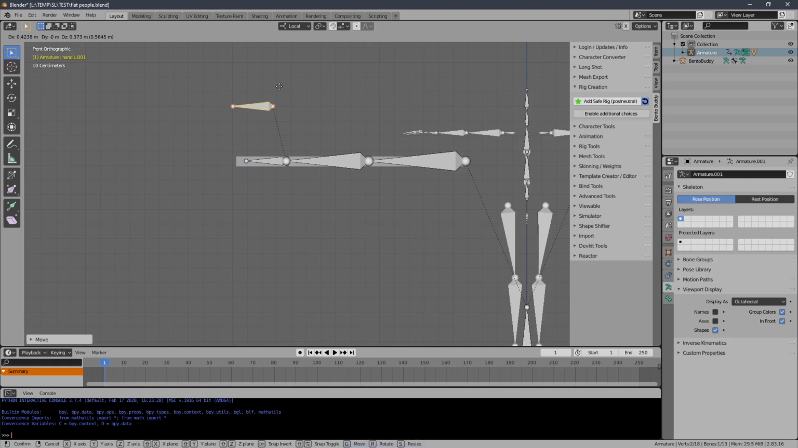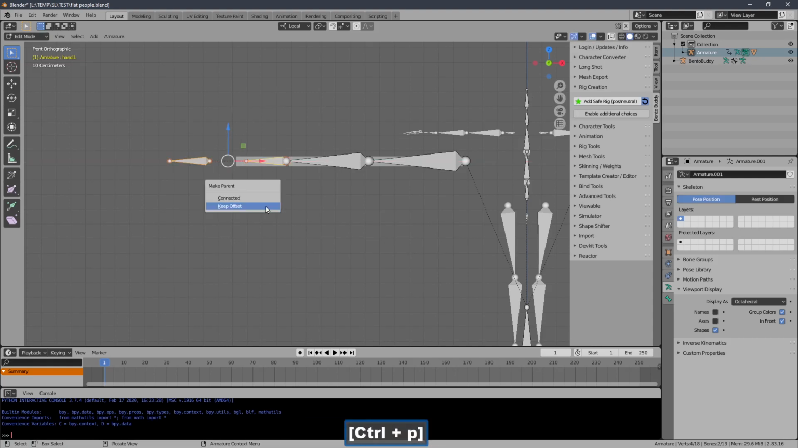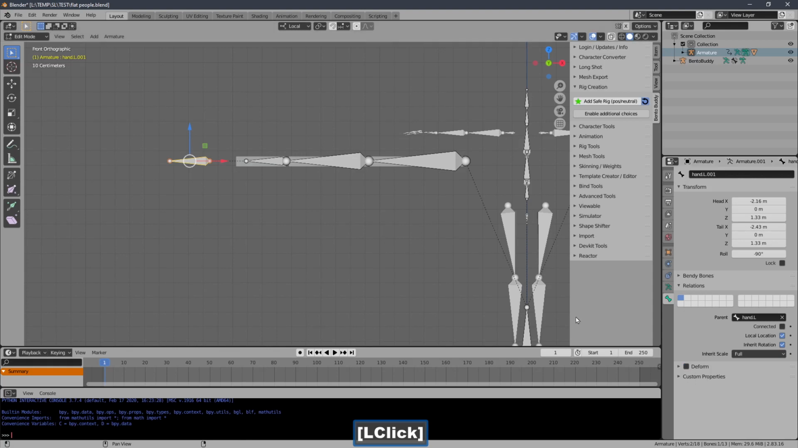He's connected to the wrong one. So I'm going to Shift click that, Control P, and keep offset. This bone is not going to be useful. I'm going to turn deform off because we don't want it to do anything except what I'm about to do right now, which is, let's see, hand L, hand IK, hang on, IK L, and